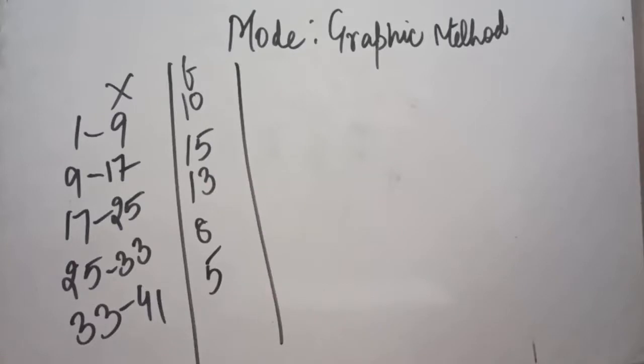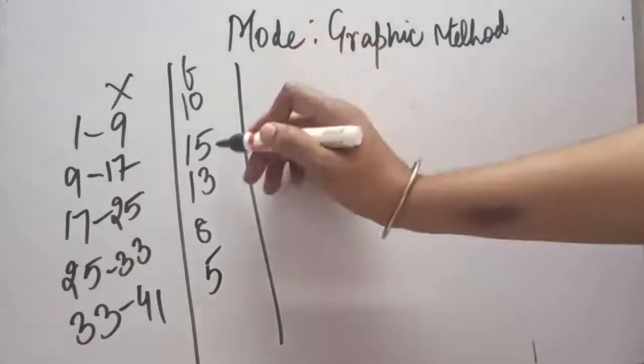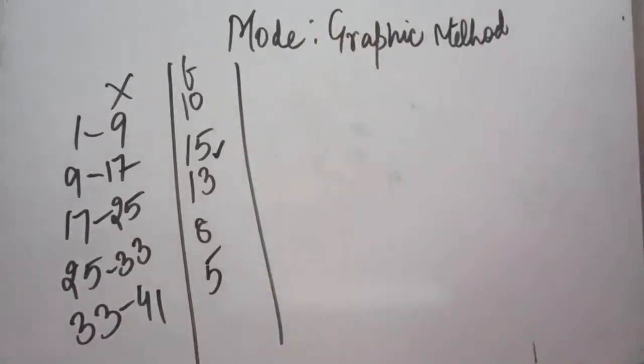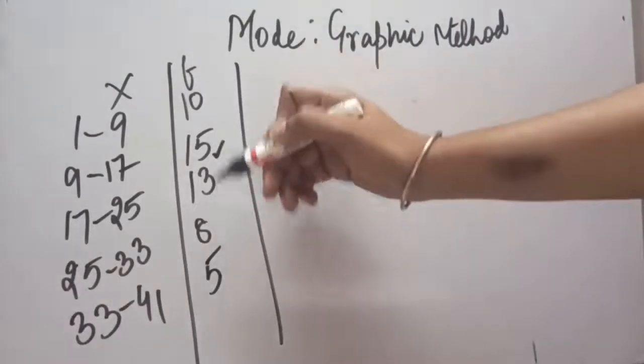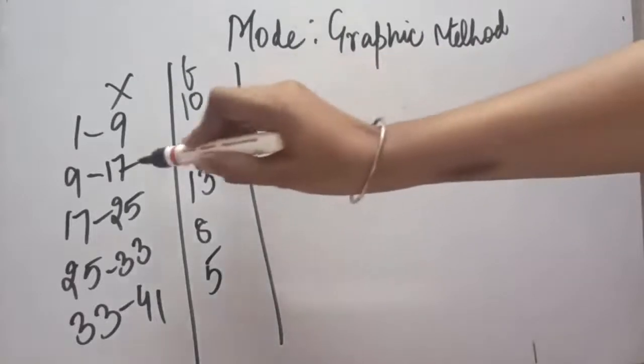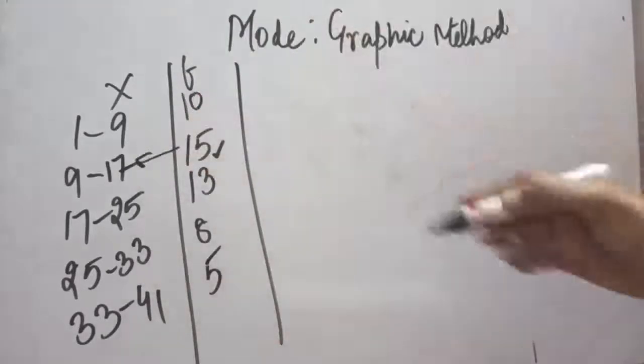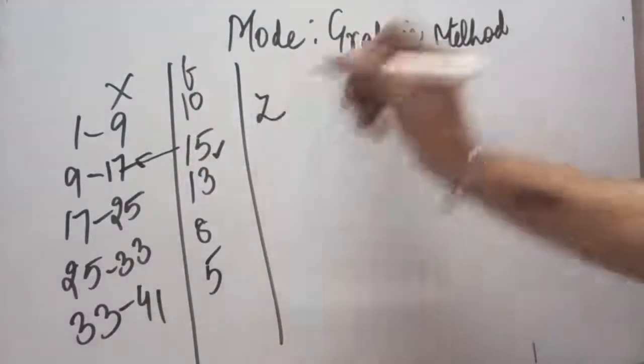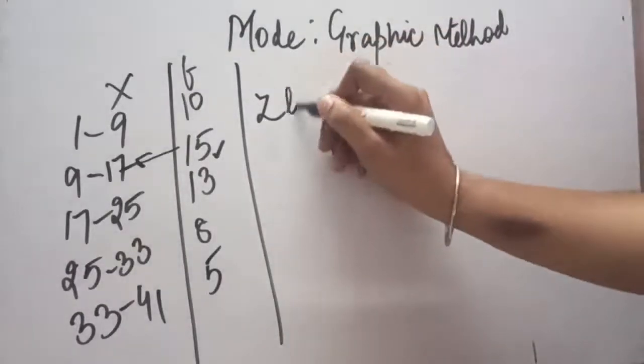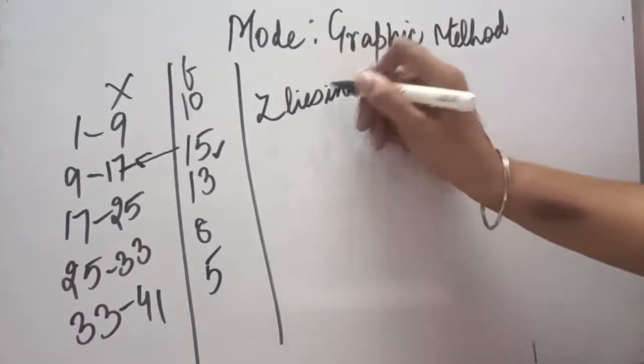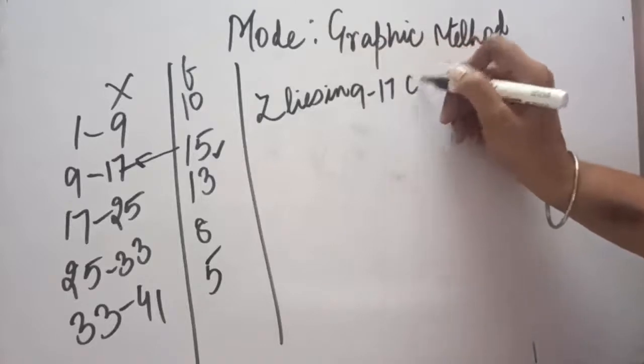Let us take one example. Now this is the practical question. Here, if we calculate the mode value, we can calculate it with the help of the direct method. And if we see, the maximum frequency is 15. So by the inspection method, if I ignore the grouping table requirements, I can say that the mode lies in the 9 to 17 class interval.